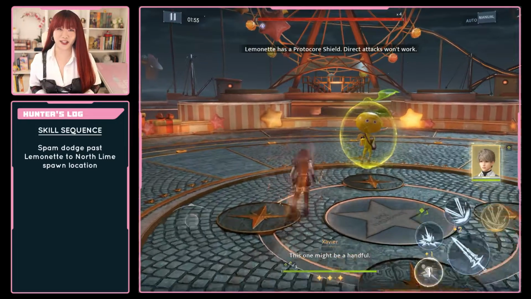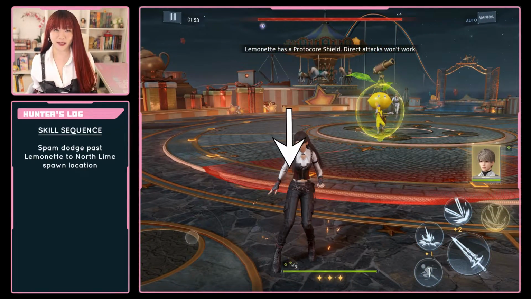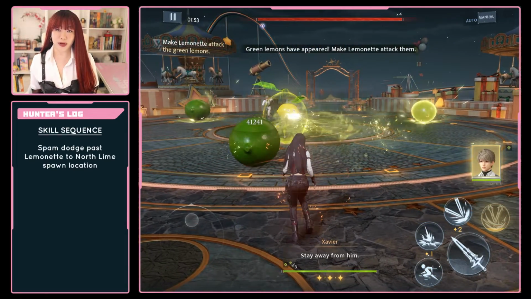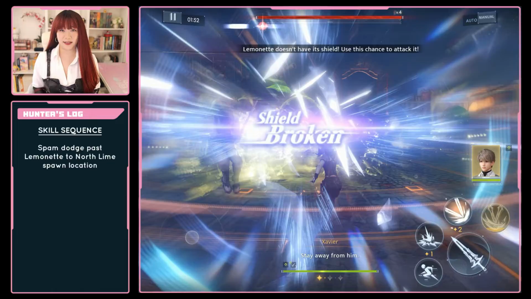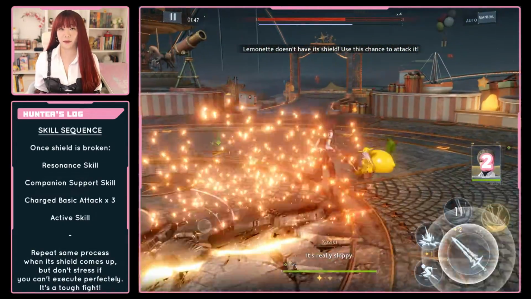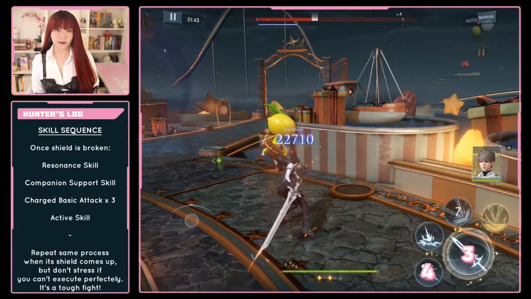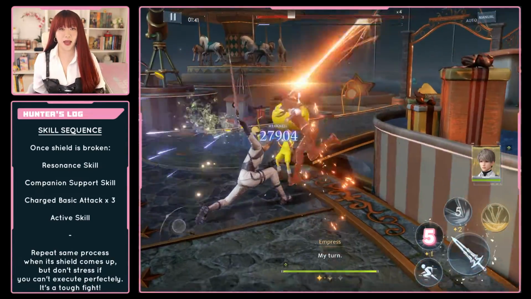Then I spam my dodge key past Lemonette to the 12 o'clock position where I know the lime is going to spawn. If you did this fast enough, his acid spit is going to land on the lime right when it spawns, breaking its shield. As soon as I see shield break come up, I hit my resonance skill, pop my companion support skill, then I do a charged basic attack, dodge to cancel the aftercast, do this 3 times, and then end with my